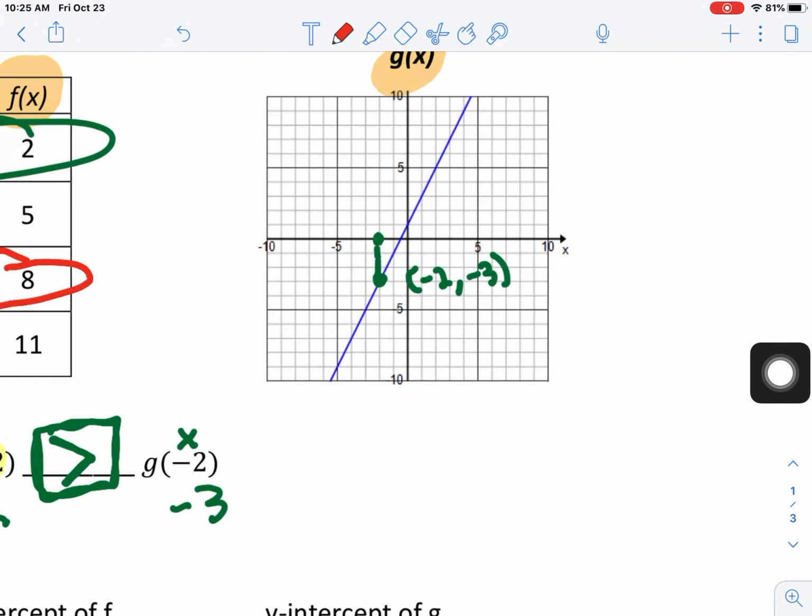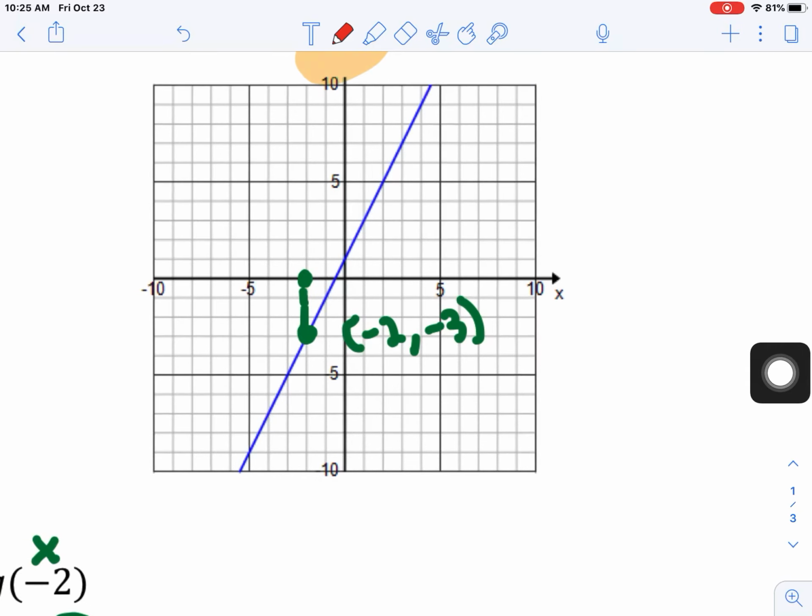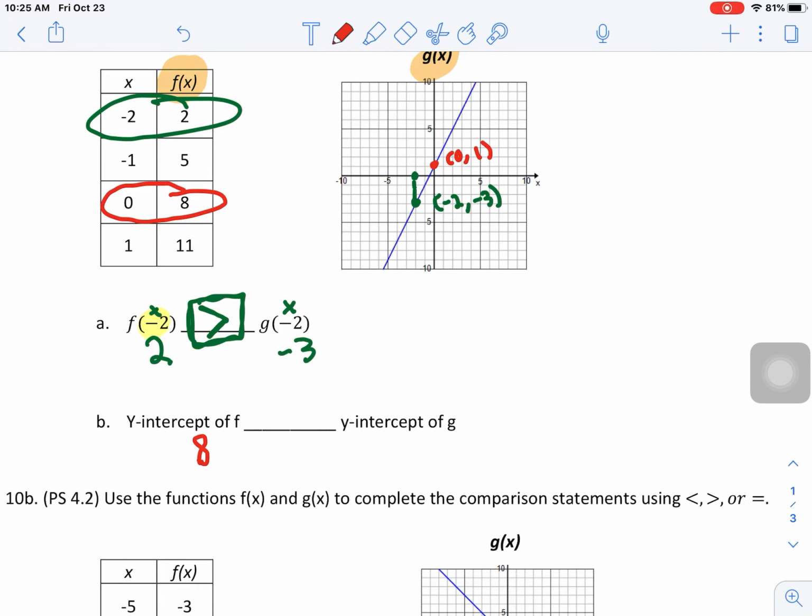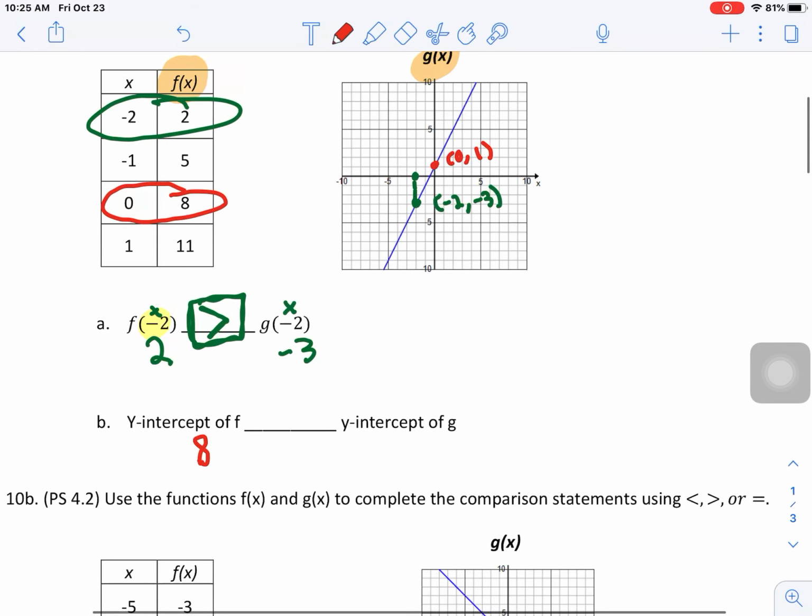And for the graph, the y-intercept is where the blue line crosses the y-axis at this point 0 comma 1. So my y-intercept for the graph, or for g, is 1. So here we have 8, here we have 1. Which one is bigger? Well, again, we can say 8 is greater than 1, or the y-intercept of f is greater than